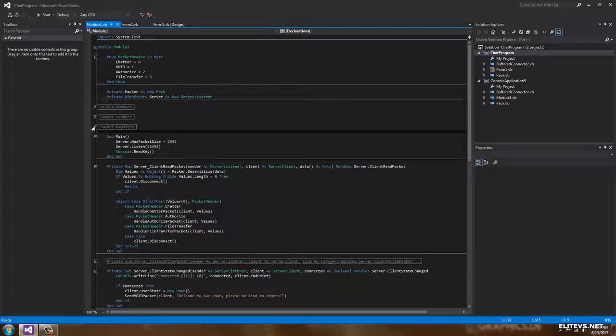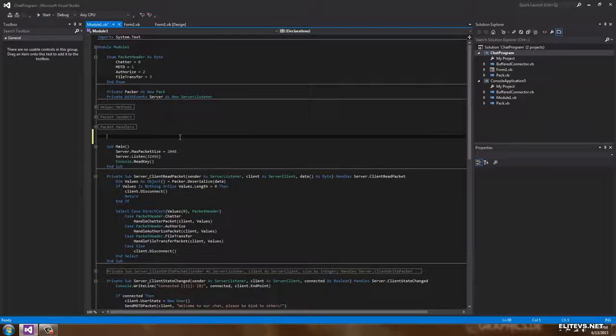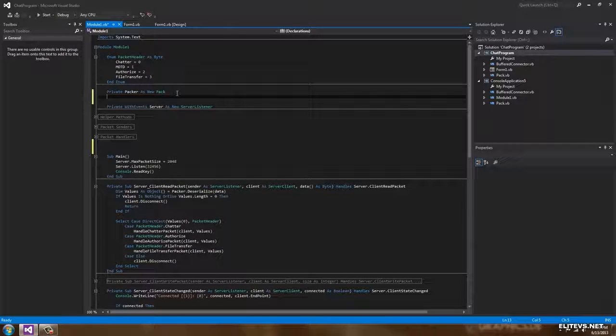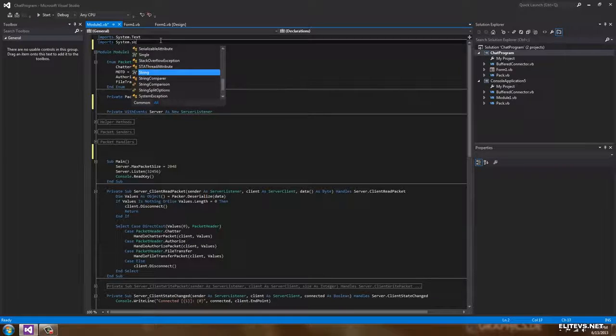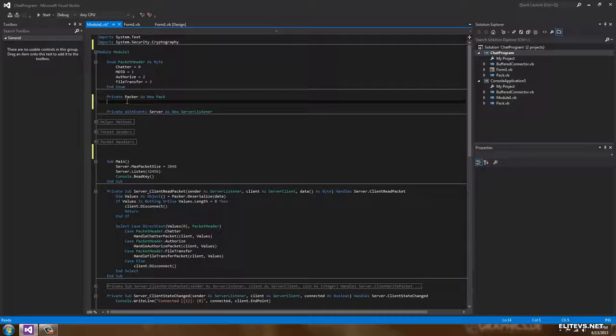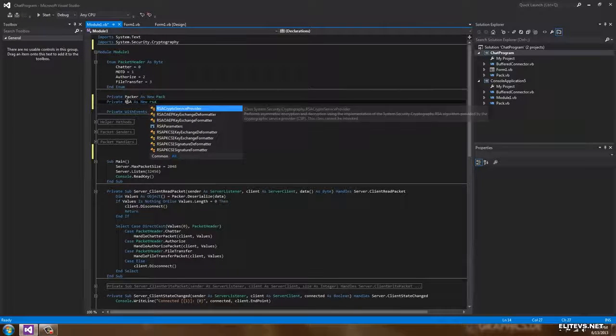So the first thing we need to do here is create a new instance of RSA in our server. Right here above SubMain, where I have my listen code, I'm going to declare that. Or, sorry, rather I'm going to do it over here right under Packer. So private RSA as new... actually, scratch that. We need to import System.Security.Cryptography first. There we go. So private RSA as new RSACryptoServiceProvider